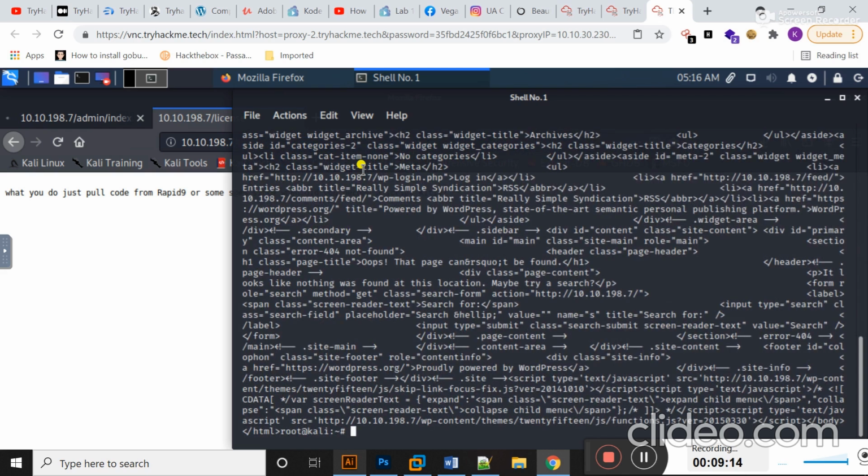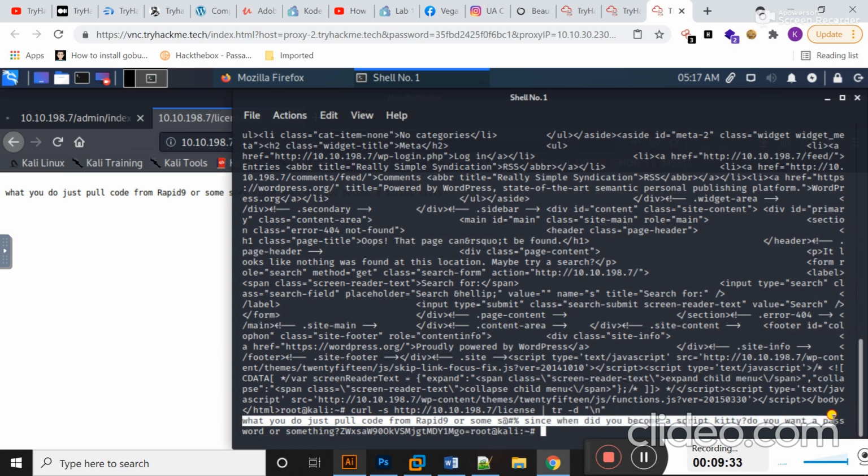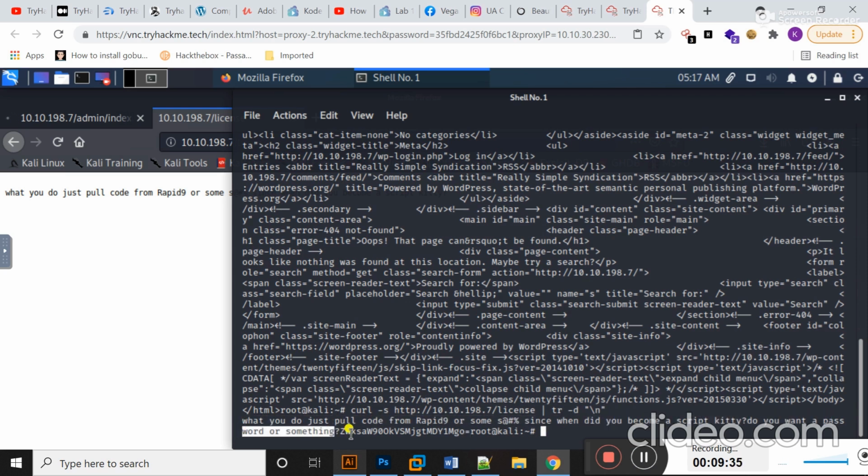Okay, hit enter. Okay students, you can see when I run this command in order to download the license file to my local machine, you can see the text 'what do you just pull code from this' and some encoded text is present here. I have found this information from here.